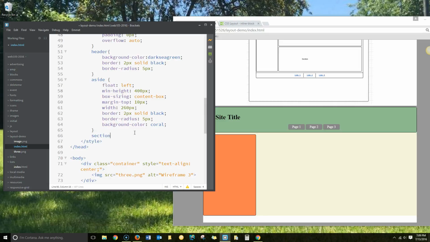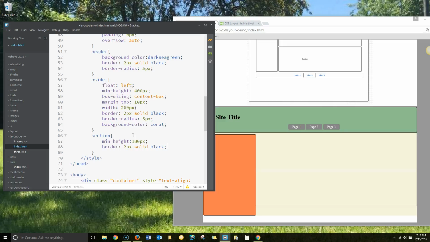So I've got section, so let's start with min height 180 pixels, border 2px solid black, width 780 pixels, box sizing content box,